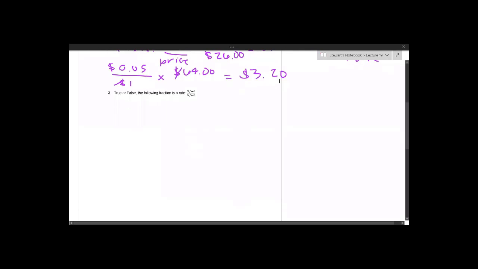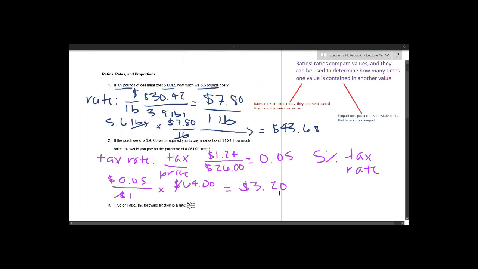Okay, so true or false? The following fraction is a rate. This is false. It's 9 feet over 5 feet. It's comparing 9 feet to 5 feet. It's not any kind of special fixed ratio, because you can compare any two heights, and this comparison of heights